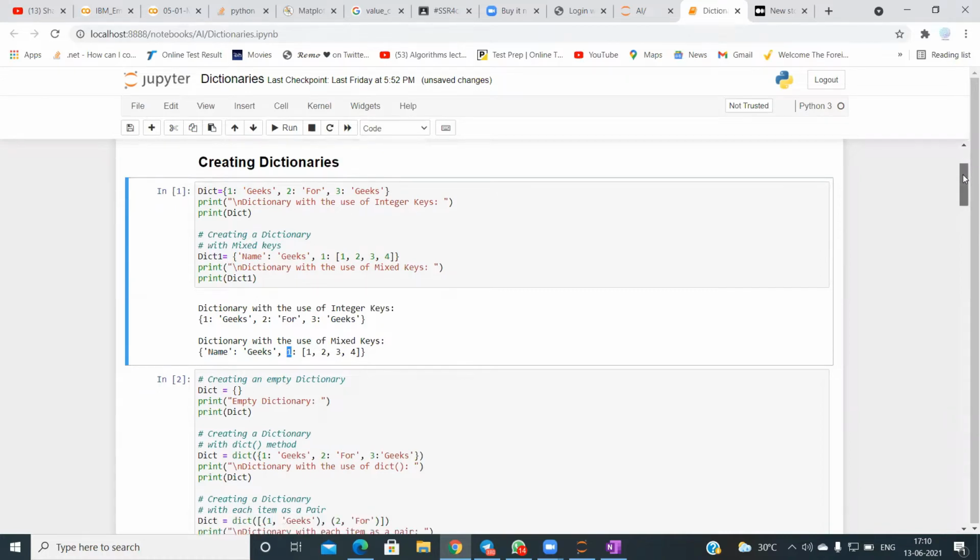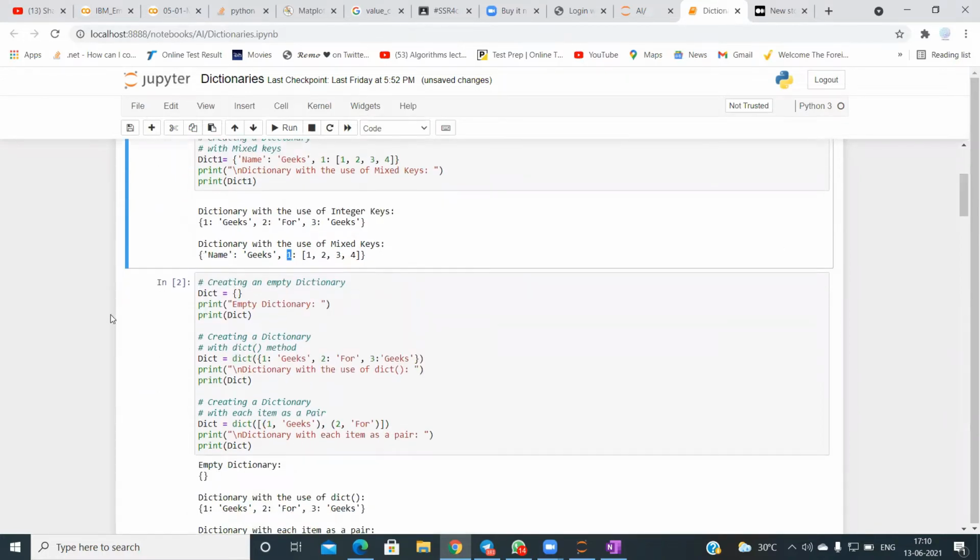And moving on, if you want to create an empty dictionary, you just use the flower brackets. Another method is using the dict keyword. For a list, while creating, I told you that in Python you have an inbuilt method called list.